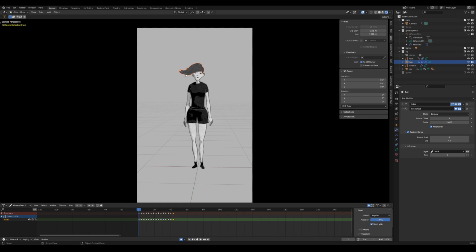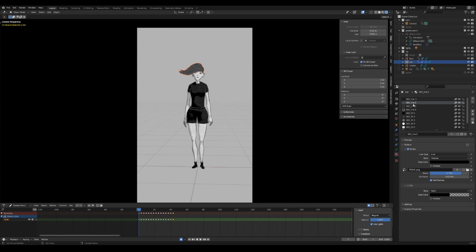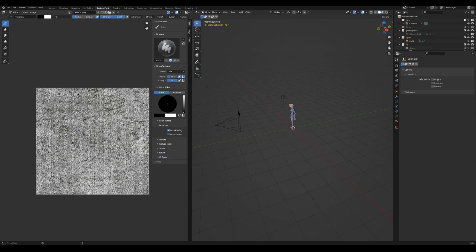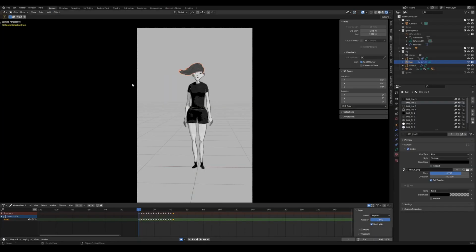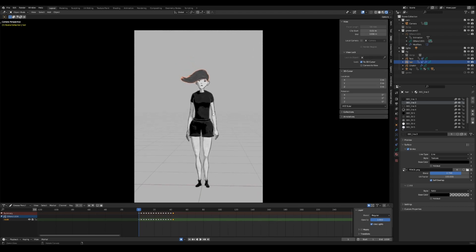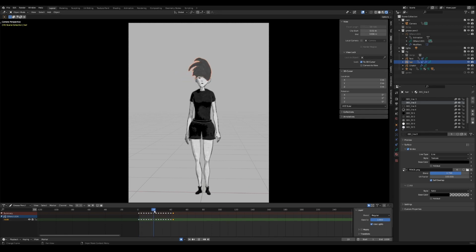To create this animated hair, I used, of course, grease pencil with a slightly modified default material. All I did was change the style to texture, and I use a texture which looks more or less like this. This is a seamless texture I created a couple of weeks ago, and I'm using it all the time. I wanted this animation to loop, so I copied the first frame to